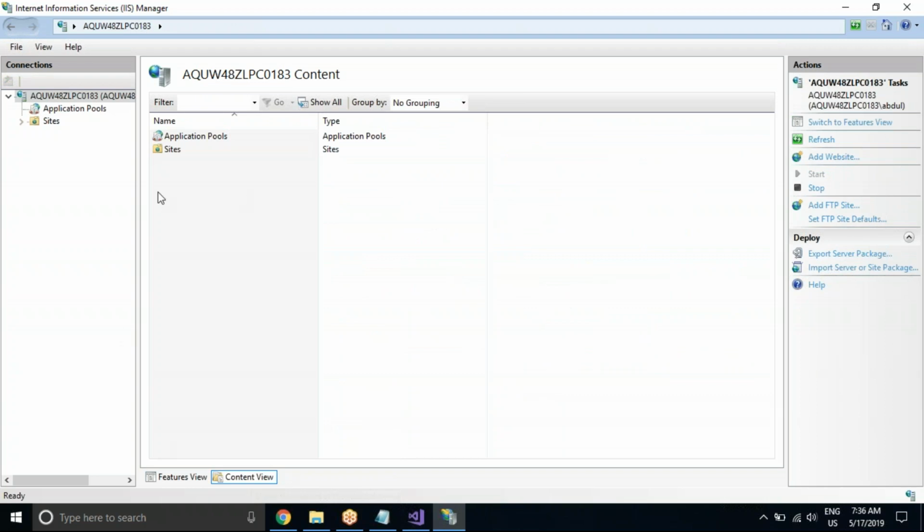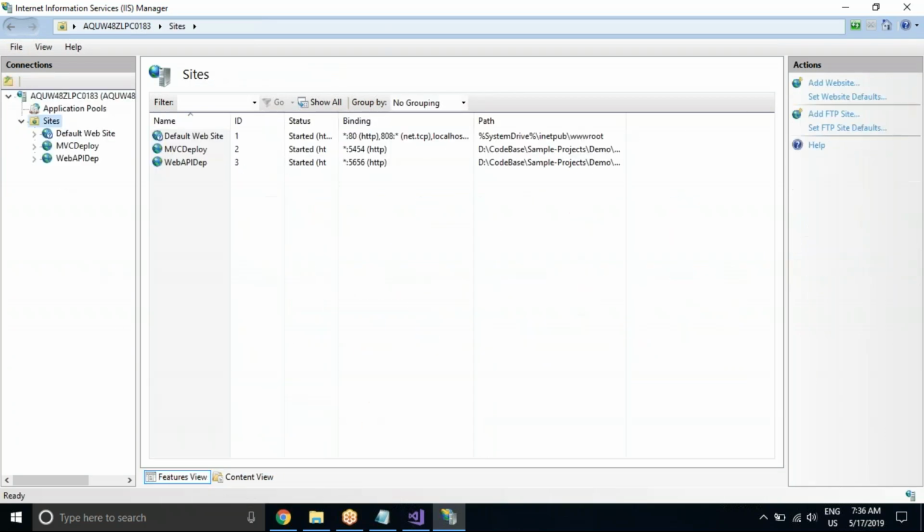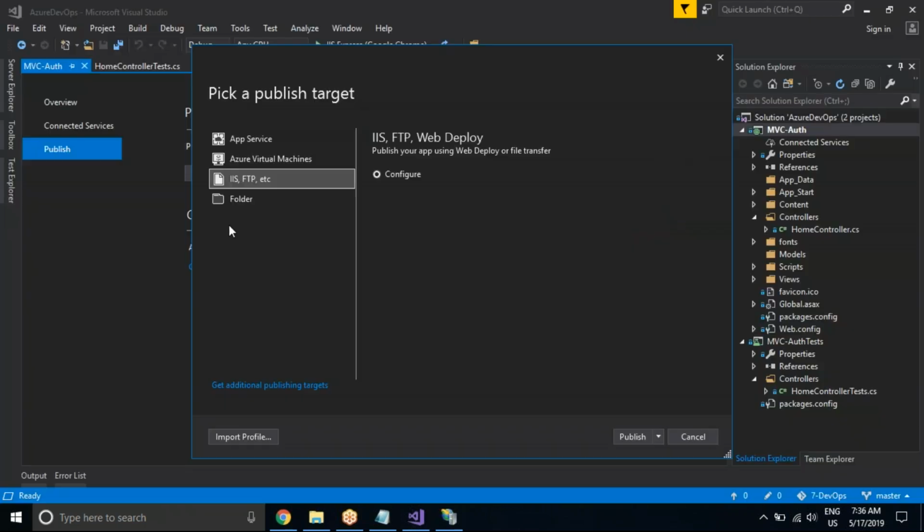In the content view, I'll get what is the content within my website. So I have multiple websites which are present here. I'll just ignore the other things. What is IIS and FTP? It will help me deploy my package, which is here, inside IIS, Internet Information Server. That is the official server of Microsoft. If I say IIS and FTP publish,